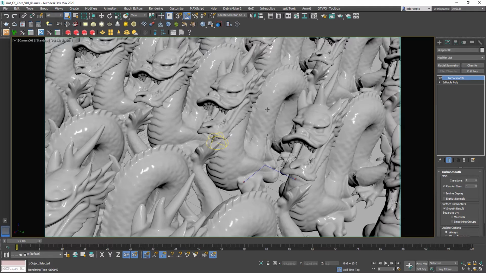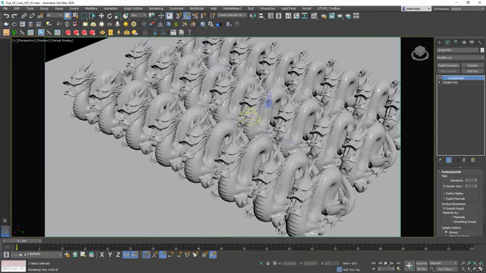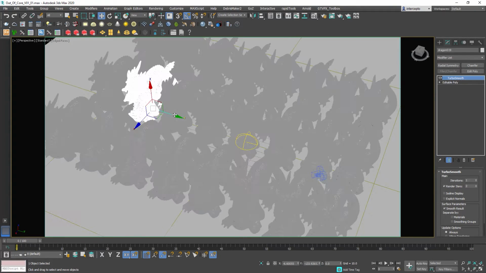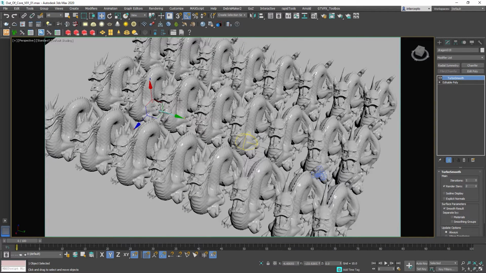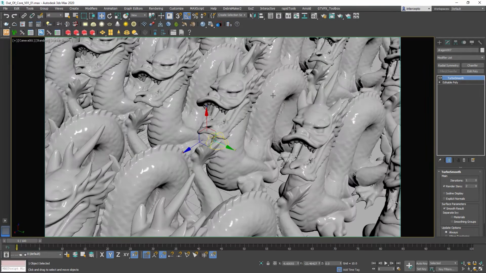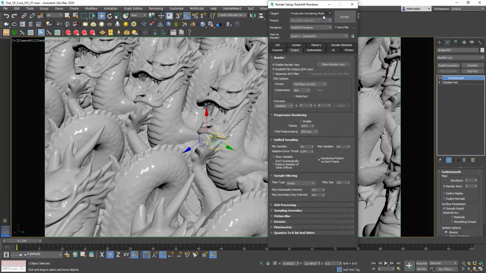I'll close all these windows for now just to show you a scene that I have. So all these instances, actually they are not instances, they are copies of the same object, and there are plenty of them to force Redshift to go out of core. And for every single one I apply turbo smooth modifier, which adds additional level of geometry. So if I go back to camera and let's go to render settings,